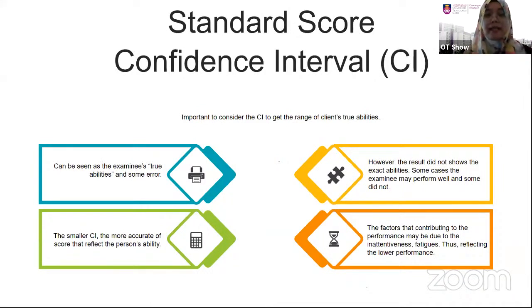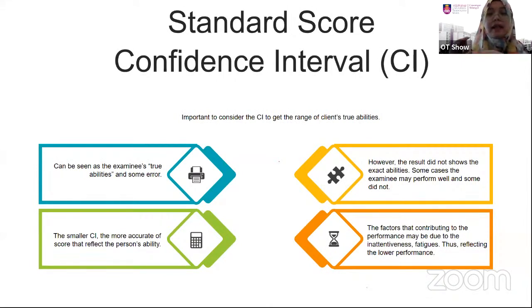Okay, tapi kita kena ingat result yang kita dapat ni, apa-apa test pun dia bukannya menunjukkan betul-betul ability kanak-kanak tersebut. Kadang-kadang kanak-kanak ni dia mungkin perform lebih baik. Kadang-kadang perform tak berapa nak mencapai dia punya ability lah. Ada beberapa faktor yang effect dia punya performance.